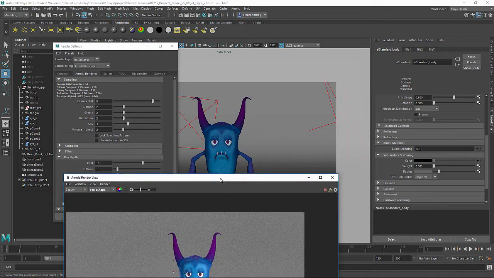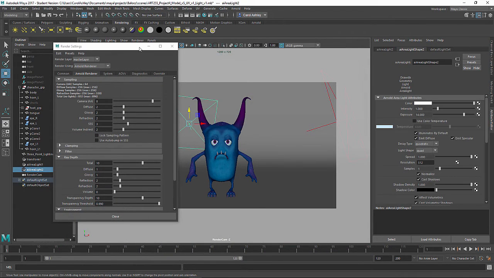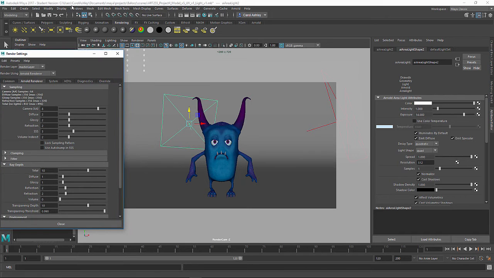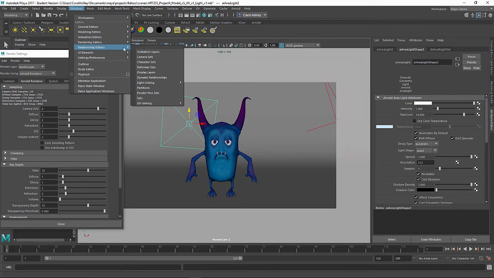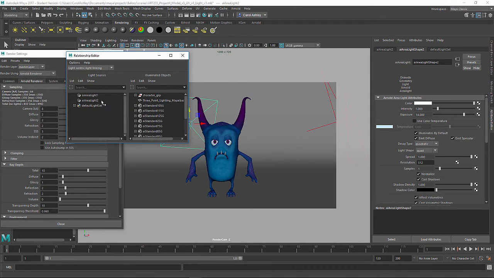We need to go ahead and update that. I'm going to just shut this down. I'm going to grab the light back here. I'm going to go under Windows, Relationship Editors, Light Linking, Light Centric, and that's our area light 2. That's actually our rim light. Let's call it rim. This is our key light. Okay, so we're going to select the rim light and we're going to make sure that it is off of